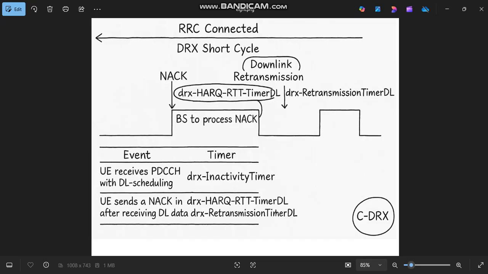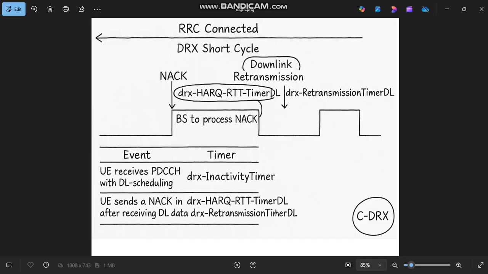So at that time, base station will process the negative acknowledgement, and it will think what went wrong, what is erroneous. So that time is called DRX HARQ RTT timer downlink. And soon after that process, assume that this is a complete cycle. Soon after that cycle, we'll have another